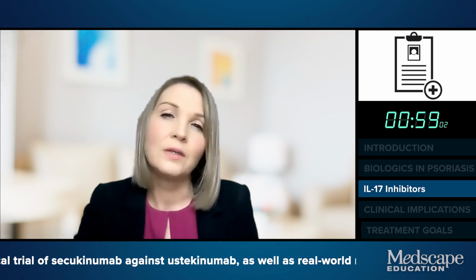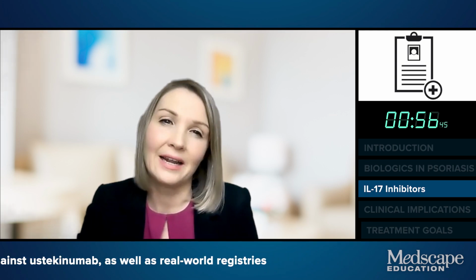So most data for quality of life relate to DLQI responses, and correlation analyses demonstrate how the mean reduction in DLQI does usually correlate with the mean percentage reduction in PASI. In the CLEAR head-to-head clinical trial of secukinumab against ustekinumab, 73% of patients achieving PASI 90 achieved normalization of their quality of life, measured by a DLQI of 0 or 1, compared to just 45% of those with a 75 to 89% reduction in their PASI score from baseline, which highlights the importance of aiming for clear or almost clear